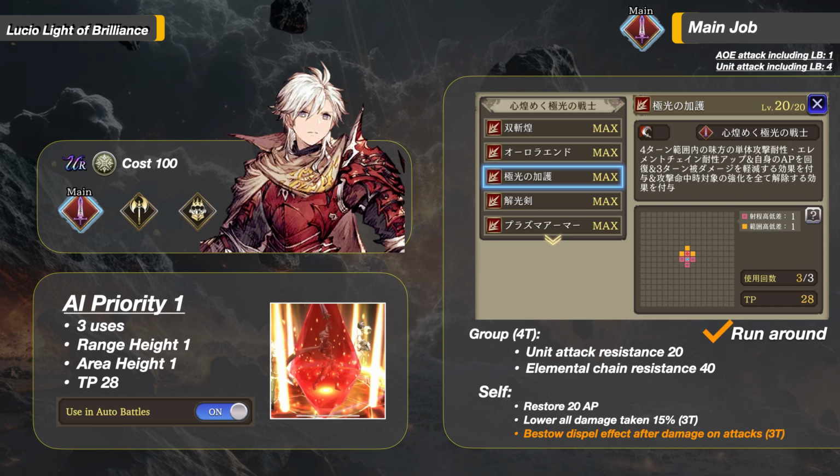Increase the group's unit attack resistance 20, and elemental chain resistance 40. And for Lucio only, restore 20 AP, lower all damage taken 15%, and give him the dispel effect after damage on all his attacks for 3 turns. He can dispel all buffs after damage. This is very strong and very useful, especially against hasted units,